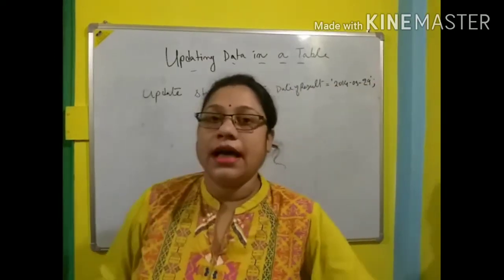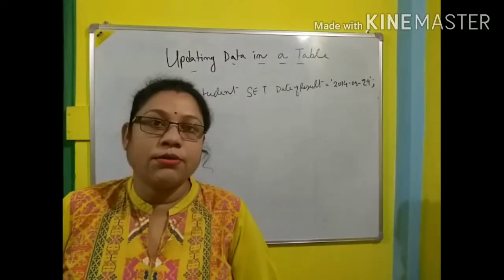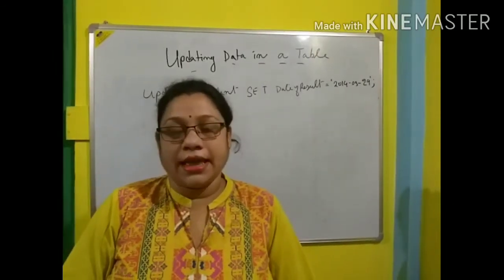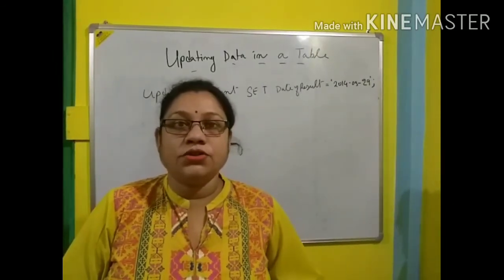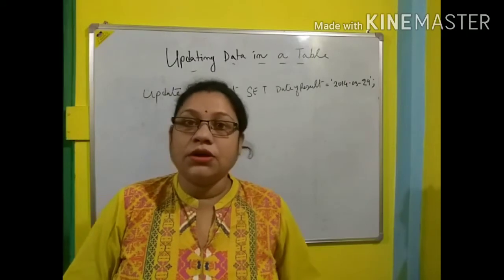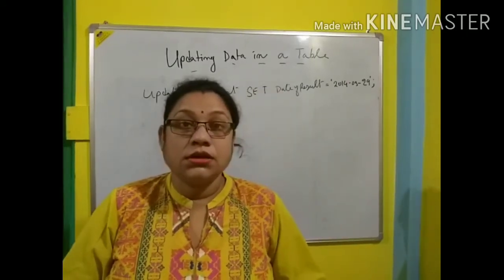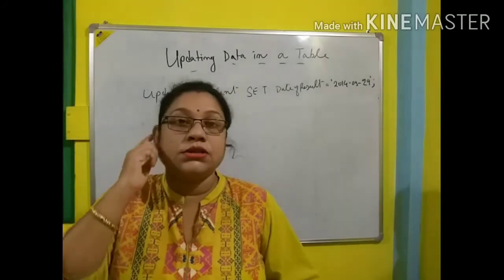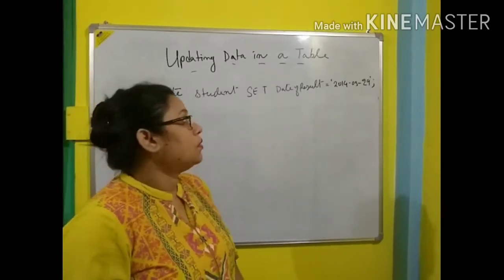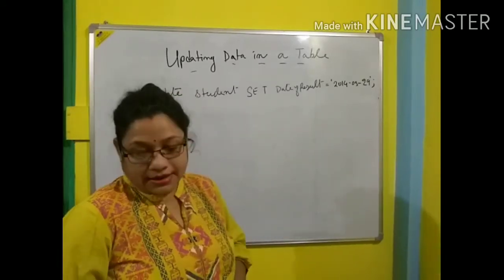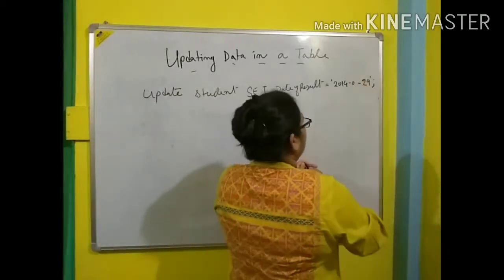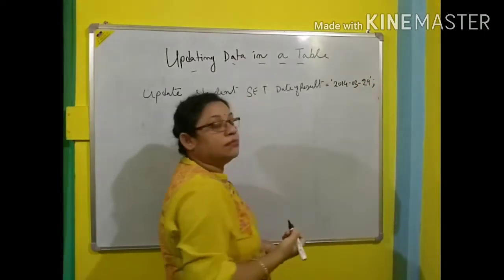So look at here. I am not using the where clause. In your book, the where clause is not used here. That means if you execute this SQL statement, then it is going to update all the rows of the table. That means if the table contains 10 rows, then all the 10 rows are updated with the new result date, that is 2014-03-29, 29th March.